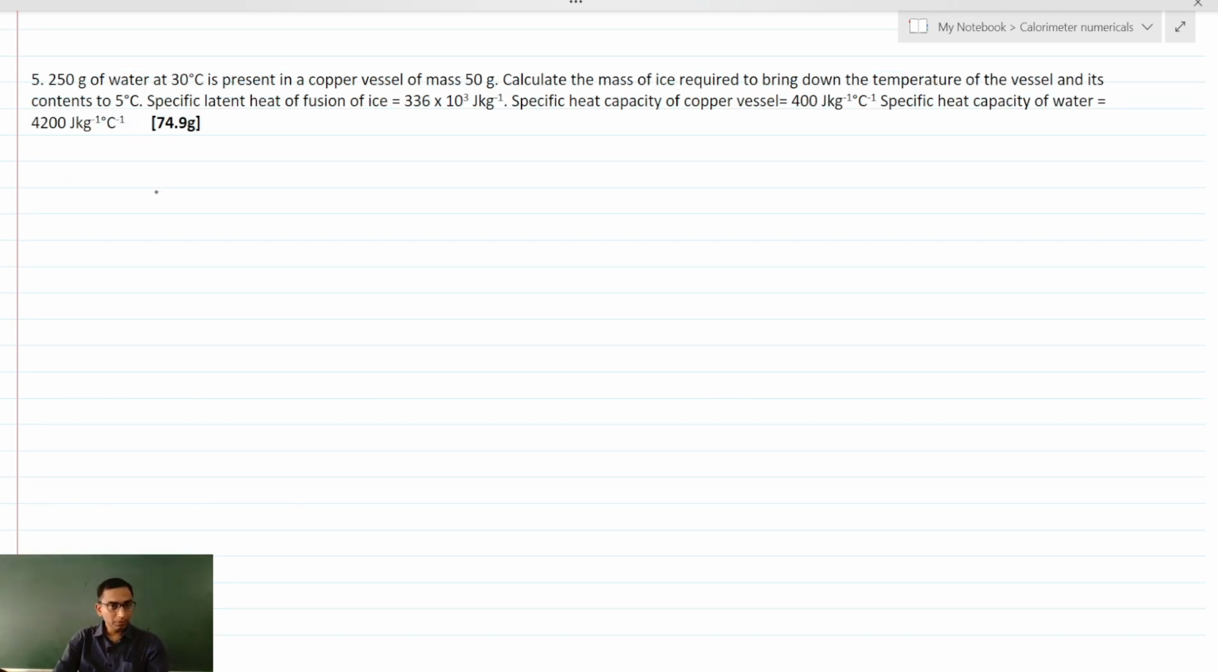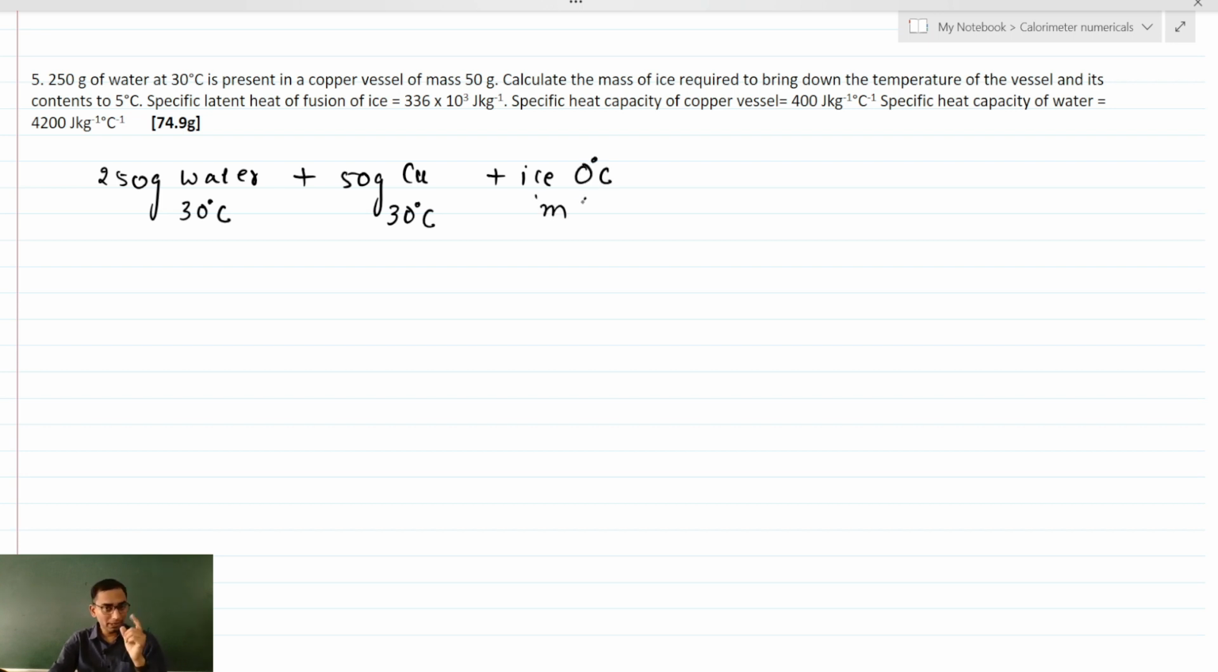Now let's discuss problem number 5. So it says that we have 250 grams of water at 30 degrees Celsius. And then it is already there in a copper vessel whose mass is 50 grams. So by default, the copper vessel also has the same temperature, that is 30 degrees Celsius. Now what we are doing, we are adding the ice into it, and the temperature of ice is not given, so we will consider the temperature of ice to be 0 degrees Celsius, and we are adding m grams of